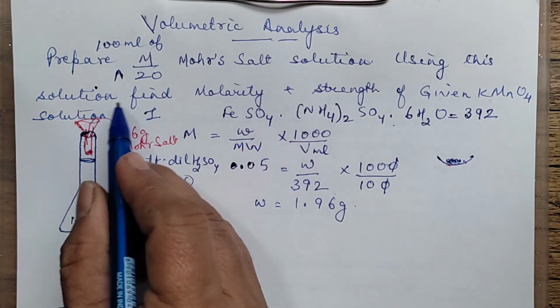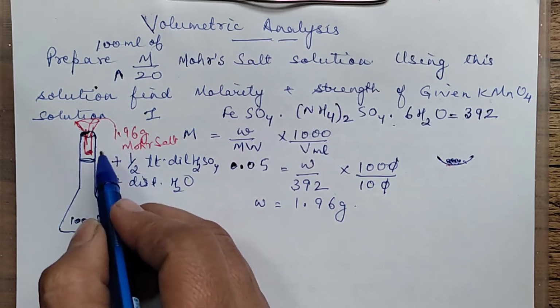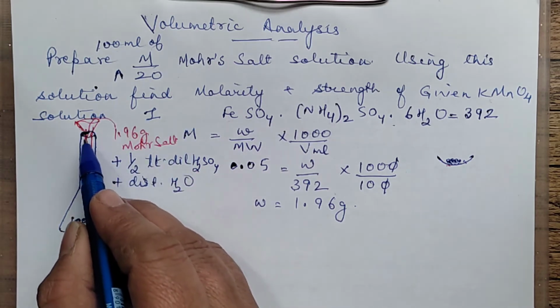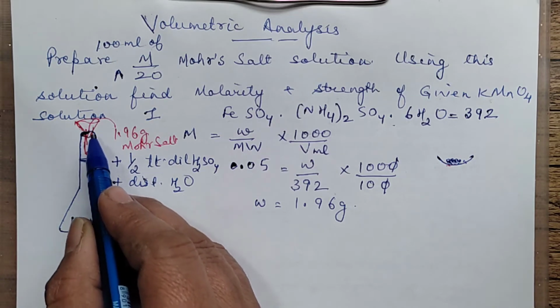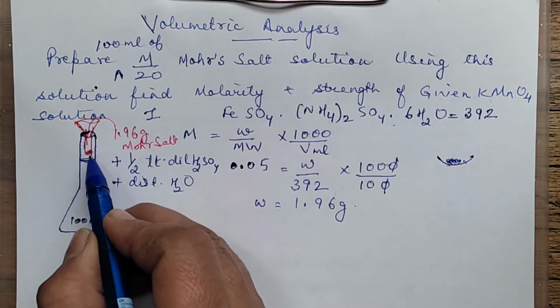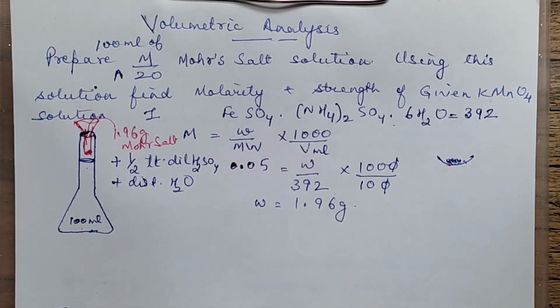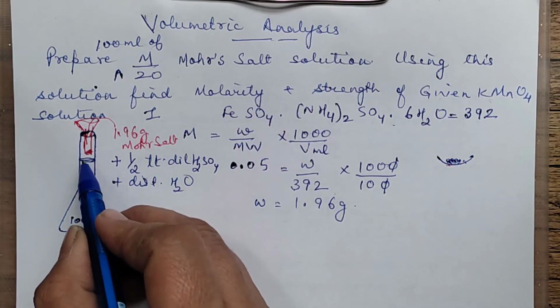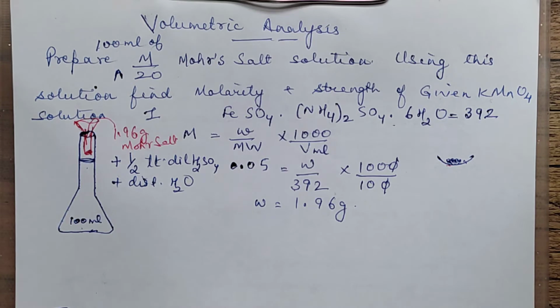Now this you can remove. Funnel you can remove when you are adding water, because if the funnel is removed later on, a little water may be sticking to this, or when you're removing it the level might change. Sometimes this neck is also long, it may be dipping into the solution. So you remove the funnel and now you can add distilled water to it dropwise such that the lower meniscus